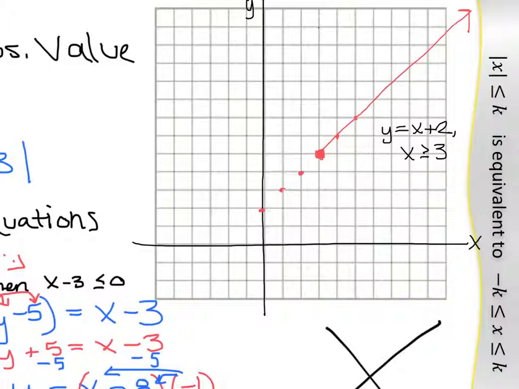Now the other one was y equals negative x plus 8. And that one will be for when x is less than or equal to 3. So it's going to be from here backwards. So that graph we start at 8. So 2, 3, 4, 5, 6, 7, 8. There's our starting point. And then we go down 1, over 1, down 1, over 1, down 1, over 1. Do we go past 3? No, our graph is only everything left of 3. That's not perfect, but